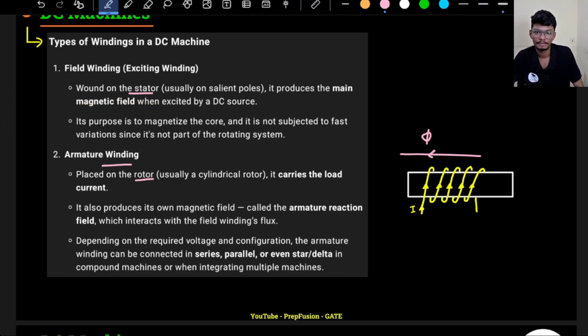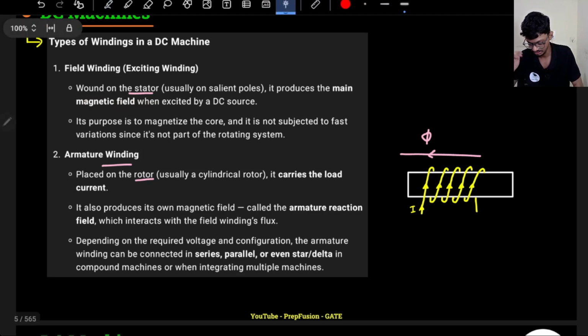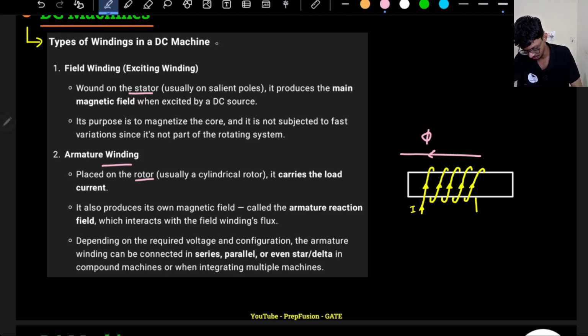Now, we will learn about another machine that is known as induction machine. In induction machine there is no field winding and armature winding. It is a singly excited machine. In DC machine and in synchronous machine,